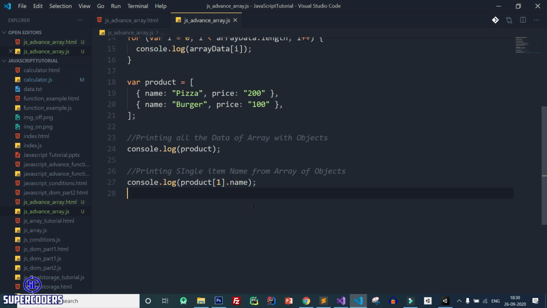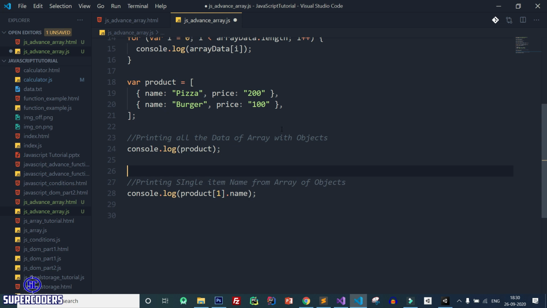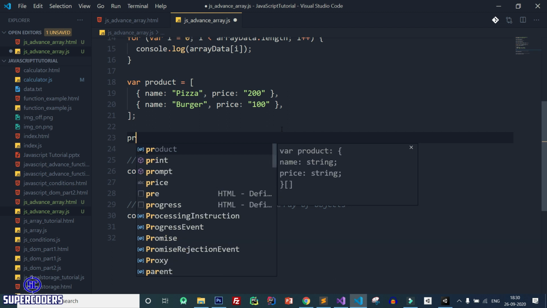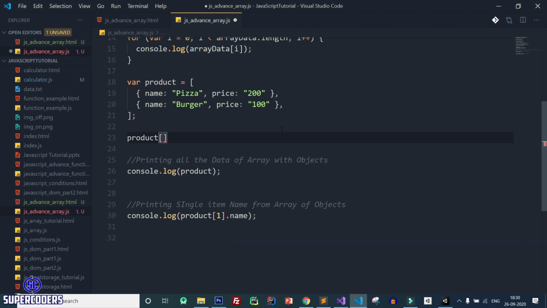Our data is printed. After that, let's do something more, like update this data. So here product at index 1, updating this, dot price equal to 300.